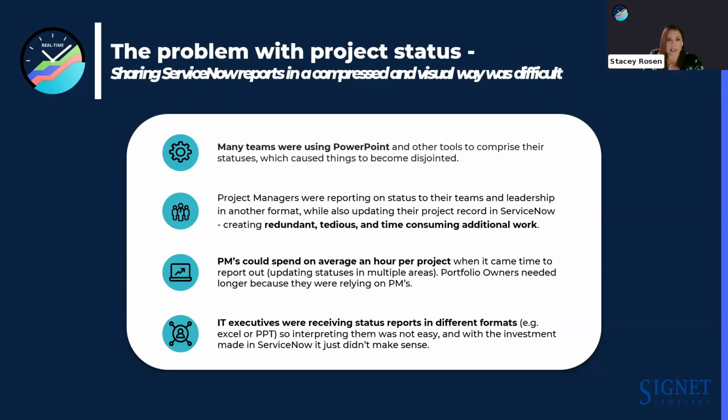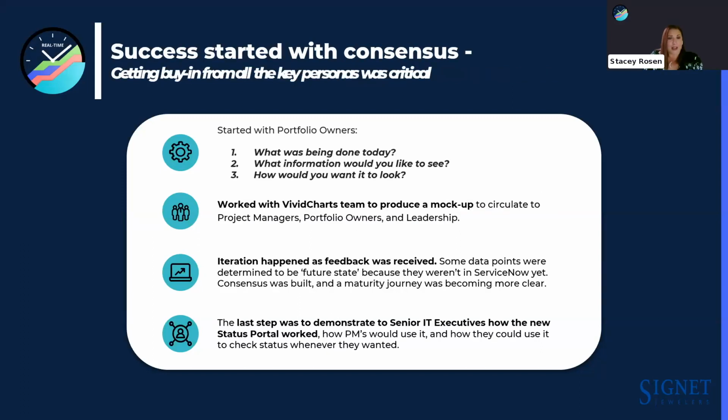So what we decided to do was, okay, let's talk to folks. Let's figure out what they're doing today. Show us what you're doing. Let's look at all the different portfolios we have. You send me what you do every week. I want to see what your efforts are. And they did that. If you could have a status report that looked a certain way, a one page, if